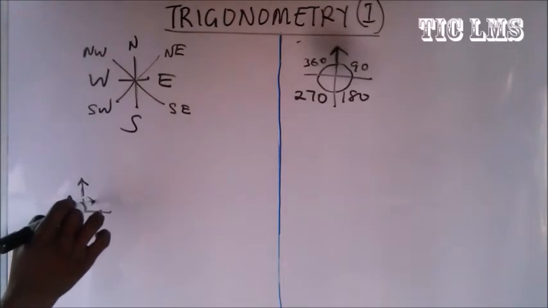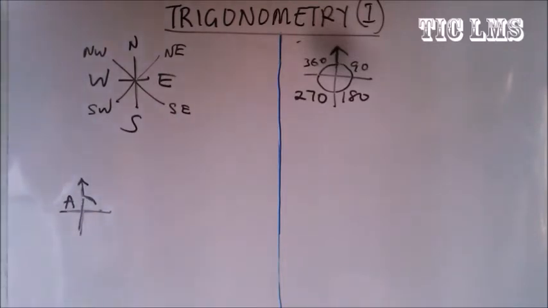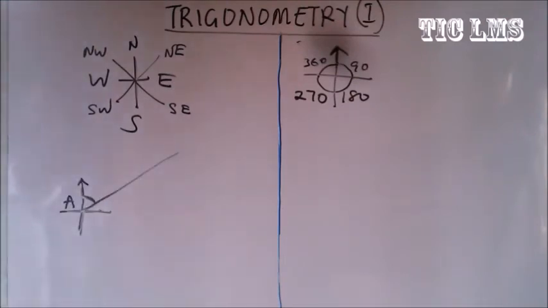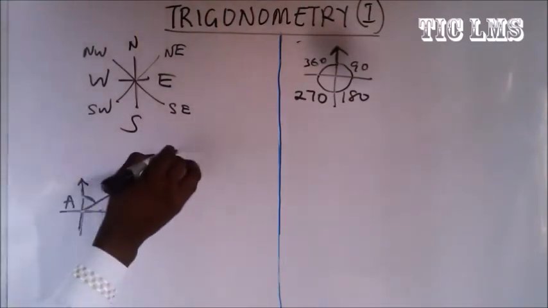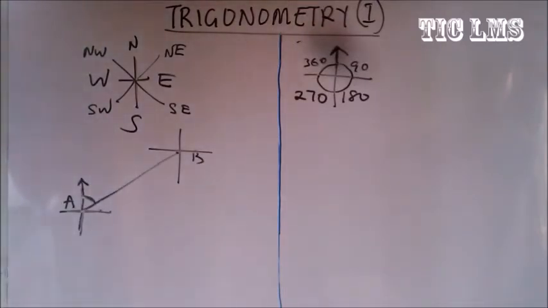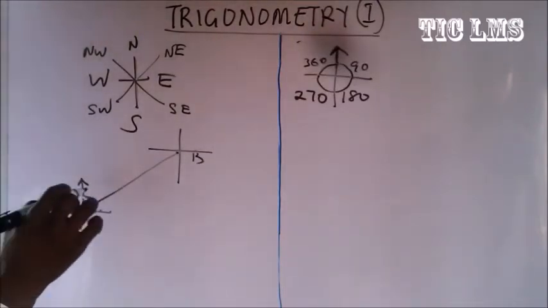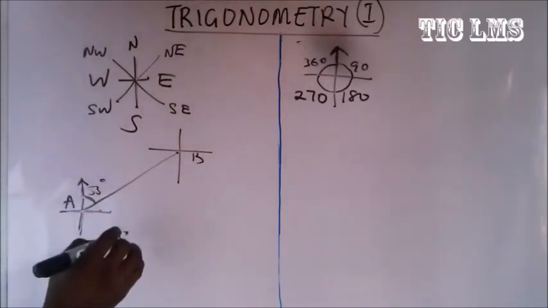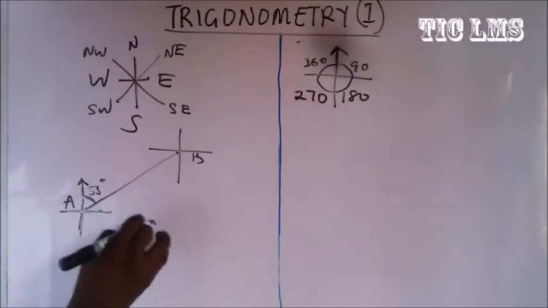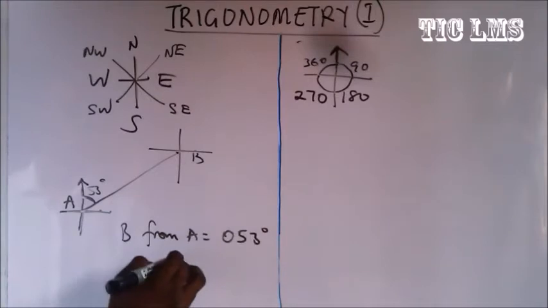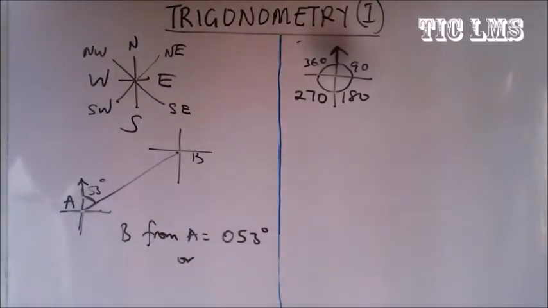Going from here in this direction, let's say it has 53 degrees. So 53 degrees is measured in this form, and then we'll point that this is our location B, from which we'll draw another cardinal point. And so for this, we'll have that this is 53 degrees. So we represent that B from A equals 053 degrees,